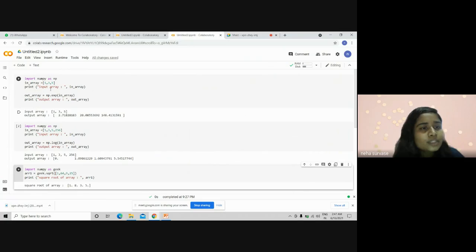We are printing the input array, which we can see here in the output box. And now for the output array, we are performing the exponential arithmetic on the input array. So output array equals the exponential of input array, and here we can see in the output that these are the exponents of our input array.